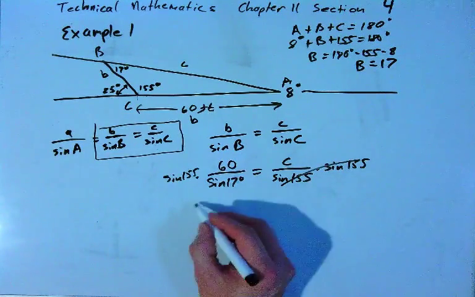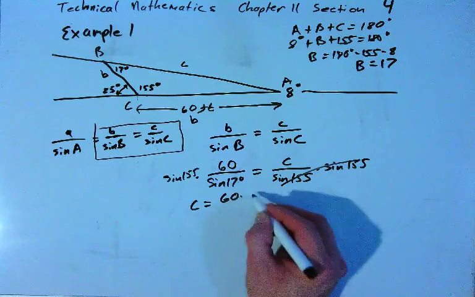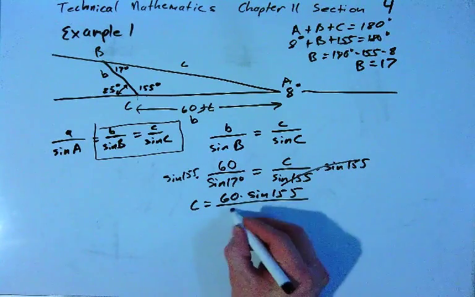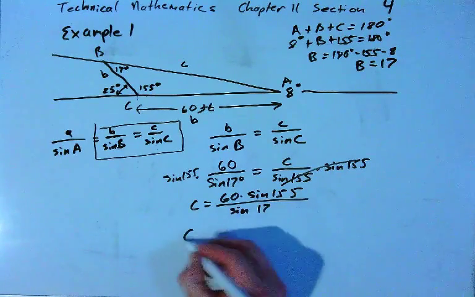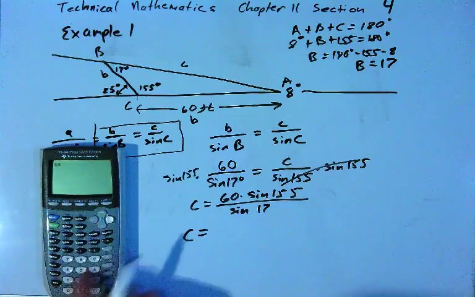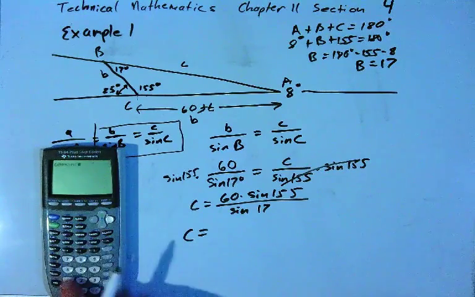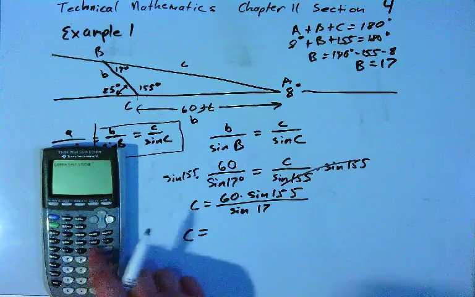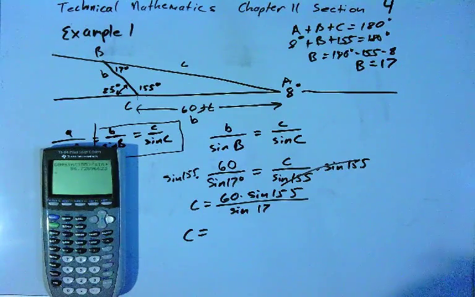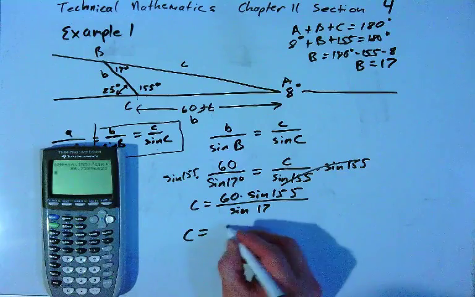Okay, these cancel. We get C equals 60 times the sine of 155 divided by the sine of 17. We'll type this in and we'll get our answer. So we have 60 times the sine of 155, close parentheses, divided by the sine of 17. And we get 86.73,